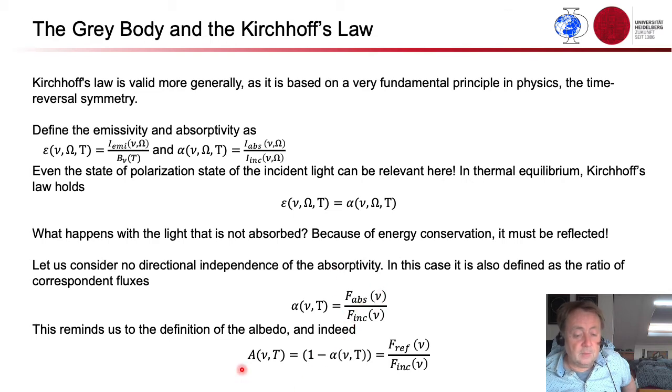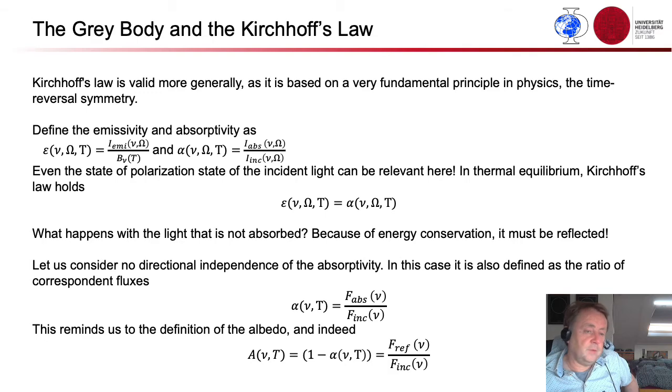And because of that we can say the spectral albedo of a body, as a function of frequency and temperature T, is 1 minus the absorptivity, and that is then the ratio of the corresponding fluxes, the reflected flux divided by the incoming flux. With that, now we have all tools at hand to